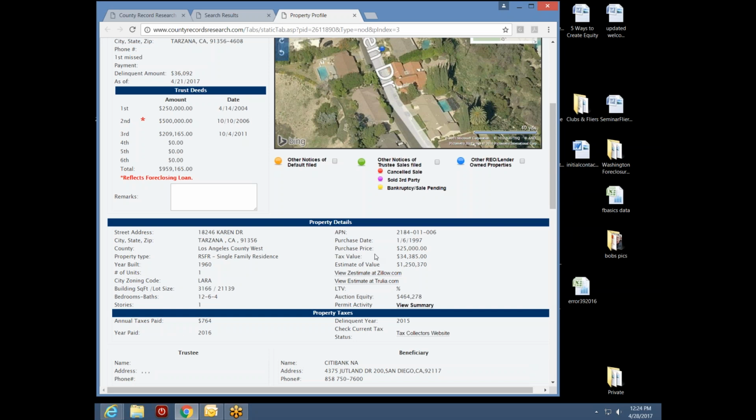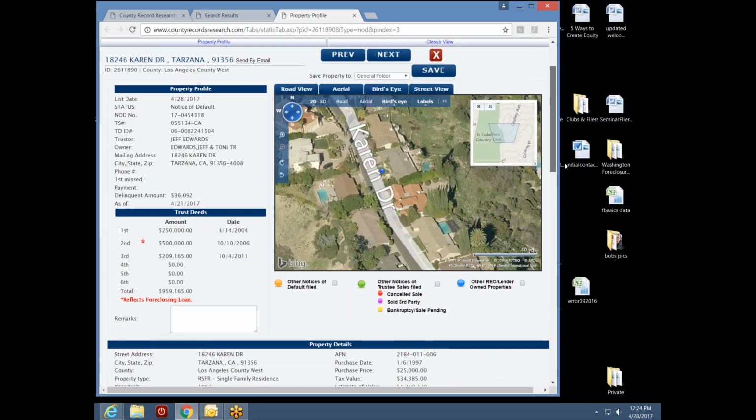However, we say it's worth 1.25. Zillow says it's worth 1.4. If I could get this for just over what the lenders owe, then that's good enough for me, because I know I can turn this property over. So I would look at this situation. I would be prepared to make an offer to